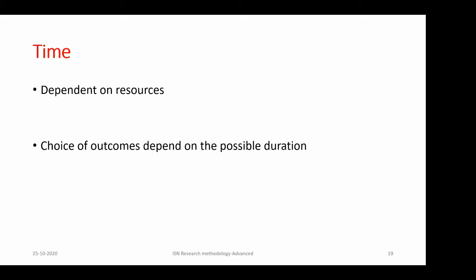And the time of the RCT, the most important thing which decides the time is the resources, and RCT is labor intensive. It needs quite a lot of human effort, as well as quite a lot of monetary resources. So in the ideal scenario, the best option for the drug in question is you give it and see what proportion of those patients progress to end-stage renal disease. But we are recruiting patients with a glomerular filtration rate of more than 60 ml. It might take many years, maybe 5 years, 6 years, or 7 years. The question is, do you really have that much resources to support the trial for that much time?